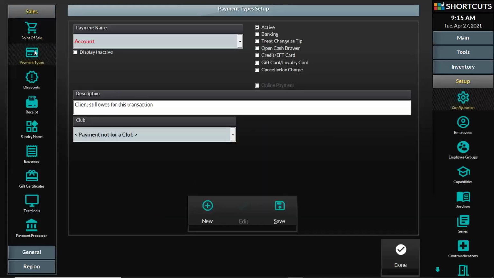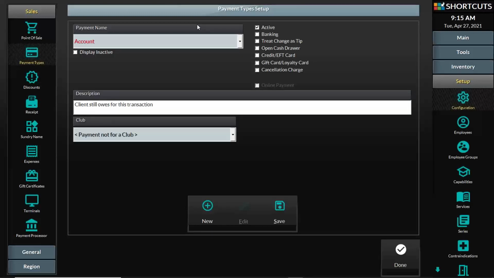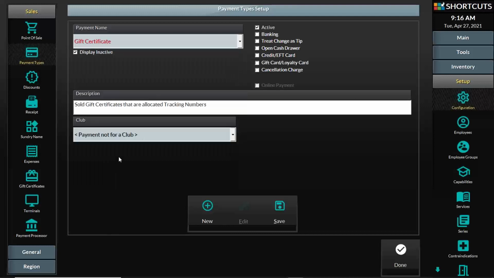So if you hadn't been selling gift certificates previously, on your pull-down list, you may not necessarily see gift certificate. If you don't see that, I want you to click the checkbox that says Display Inactive. Once you do that, gift certificates are going to be on the list, along with a bunch of other payment types. But I just want you to choose gift certificate, and then on the right side, make sure it is set to active. Once you do that, now Shortcuts says, okay, I want you to sell and track these. So once I press save,